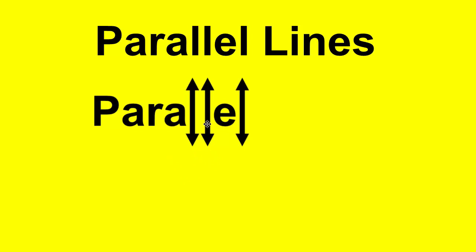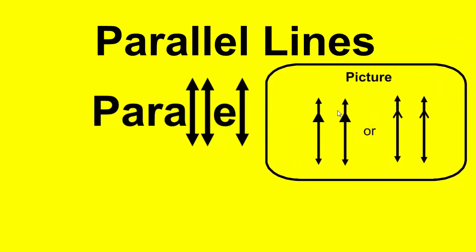So I can see that these lines are parallel to each other, and parallel means they will not cross each other. It doesn't matter how long I draw these lines for, even if I drew them forever, they will never cross paths because they're parallel to each other. In a picture,